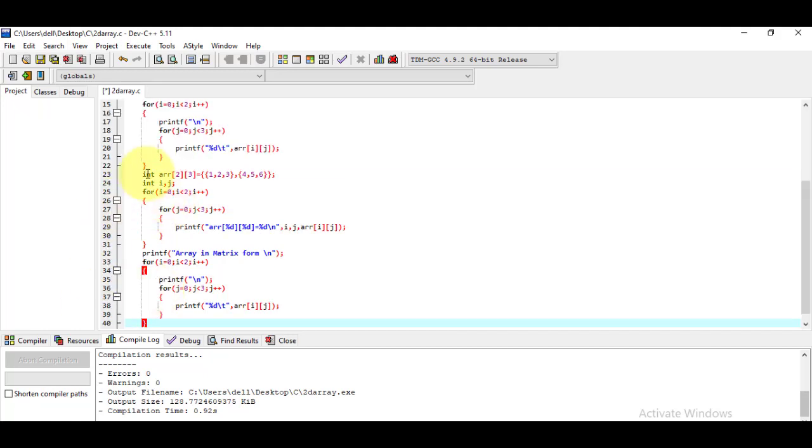Now this time I am declaring the array with another name, say display, and I'm not going to initialize this array here.